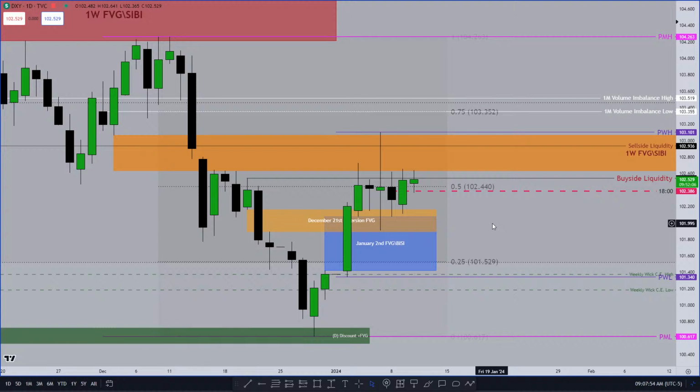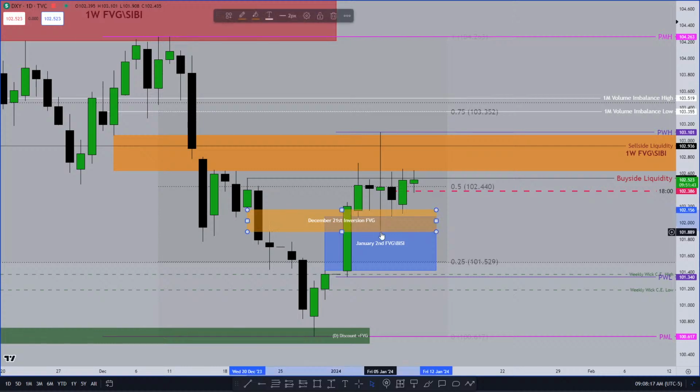So one thing I'd like to see in confluence, if we're delivering higher prices up into this previous week high and into the sell side first, is this December 21st inversion fair value gap, or technically a SIBI, but I'd like to see it treated as inversion, and I don't want to see this low delivered. So that would be 101.895. So if we're to deliver into this previous week high, I'm using this as kind of like an anchor point into something I don't want to see traded into. So that does leave the option for this sell side to be swept,